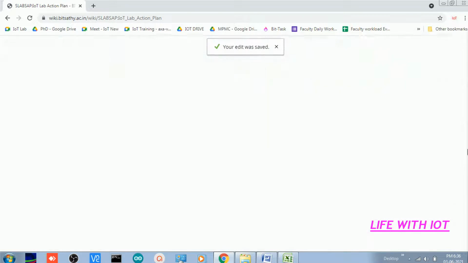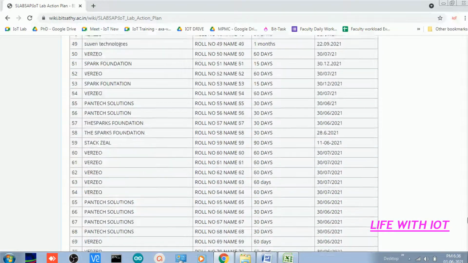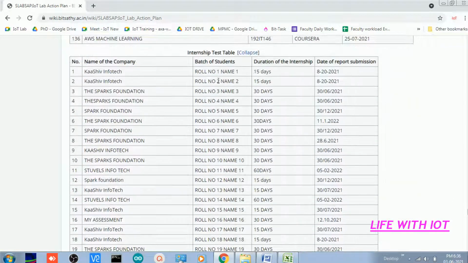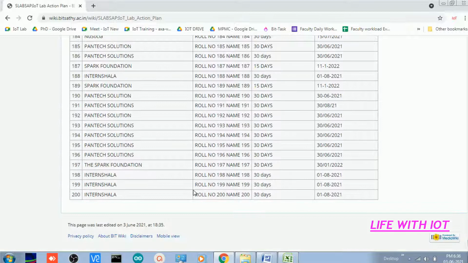Now if you go to the bottom, you could see the table is arranged in a good manner. The internship test table I have added newly just for you. So name of the company, batch of students, duration, and date and report format for our entire 200 rows